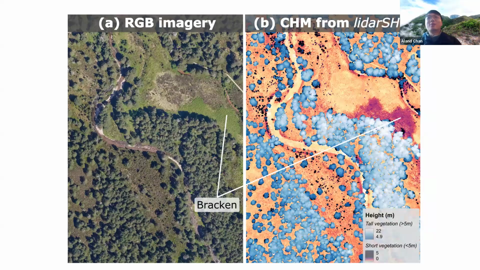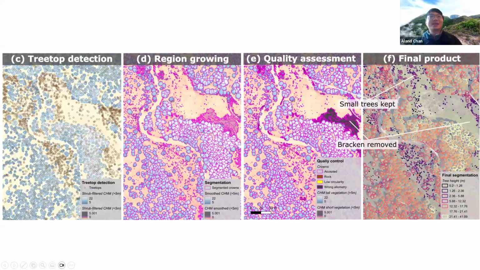So what we did was take the LiDAR shrub height models and tweak them such that we not only look at the shrubs, but we set a very high maximum shrub height and include the trees in the shrub height model. And we create an alternative canopy height model that includes not only the big trees, but also estimates the heights of small trees well. And then we smoothed